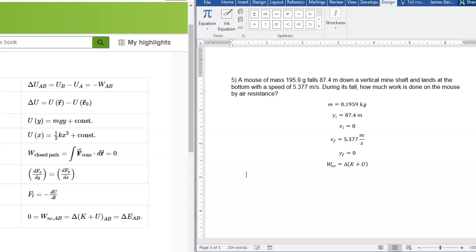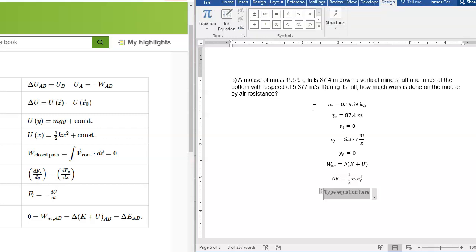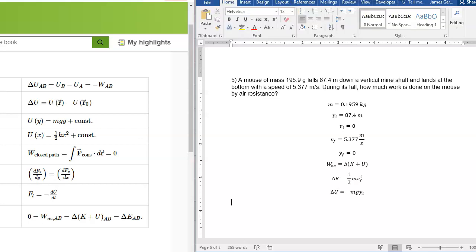equals the final kinetic energy, which is 1/2 m v final squared, right? The initial kinetic energy is 0. The change in potential energy is, you start off with potential energy and you end up at 0. So the change in potential energy is minus m g y initial, because y final is 0, so that part is 0. And so the work done by non-conservative forces